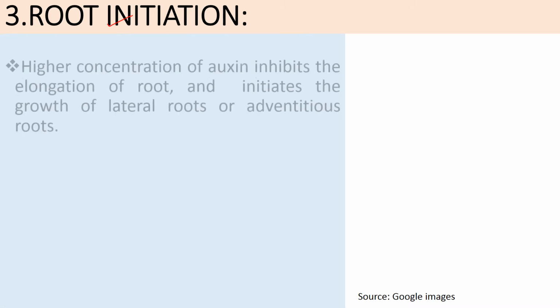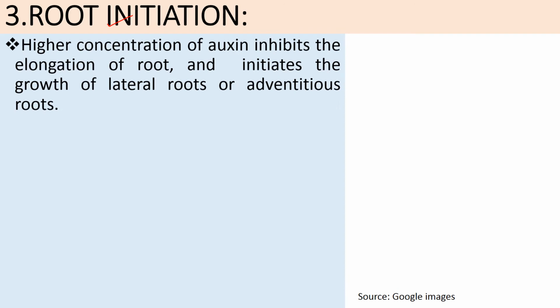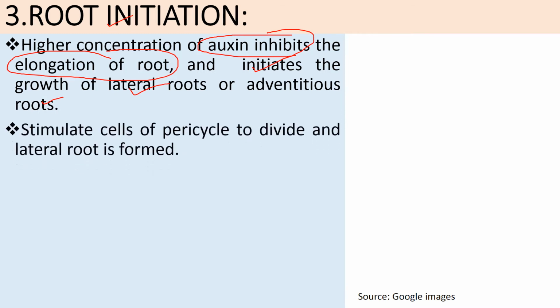The next physiological role of auxin is root initiation in stem cuttings. So a higher concentration of auxin inhibits the elongation of the root and initiates the growth of lateral roots or adventitious roots. A higher concentration of auxin inhibits the growth of the main primary root, but it initiates the lateral roots, which are formed from the pericycle. So what auxin does is, auxin stimulates the cells of the pericycle to divide and results in the formation of